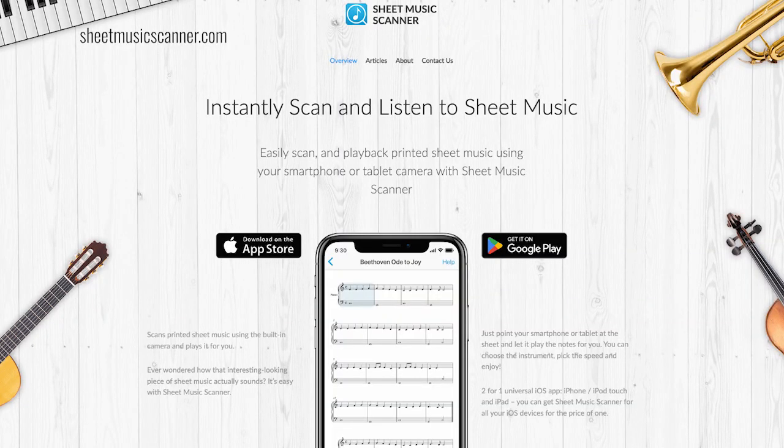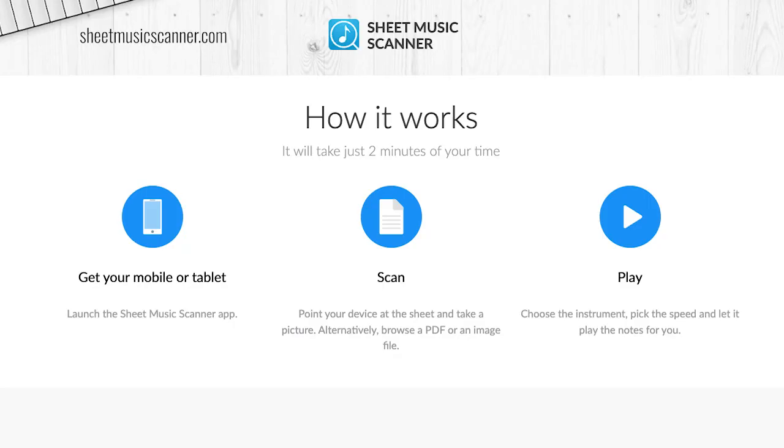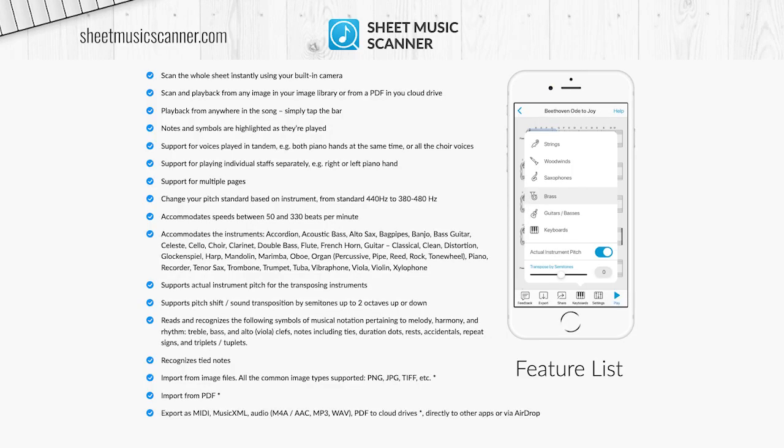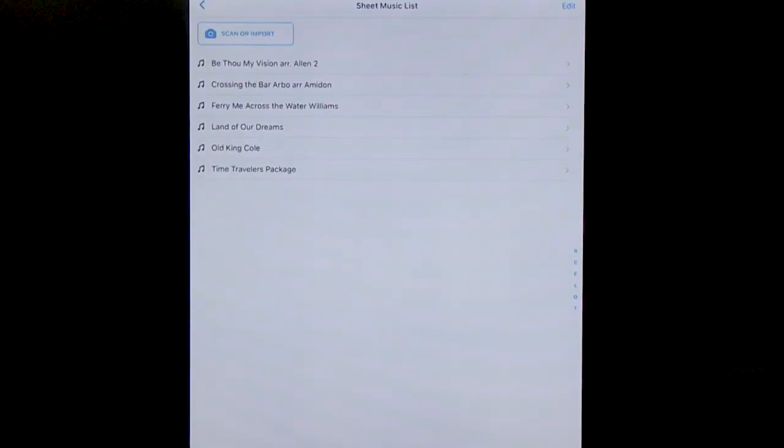This is an app where you can take a score, a printed sheet of music, and scan it in. If you have it in Google Drive, or in ForScore or some other app where you have your scores on your iPad, you can just open it in it, or you can take it from camera. I'll warn you that is a little tricky, and a scan usually works better. So what you do is you go ahead and import it in. I already have some in here.